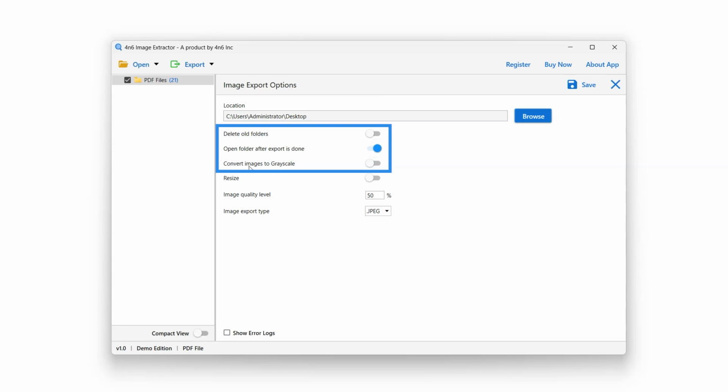Convert Images to Grayscale option will convert colored images to black and white images, if any. Enable or disable it using the button next to it. Resize option can be used to resize the image before extracting it. When the resize option is enabled, the user can adjust the height and width using the boxes next to each